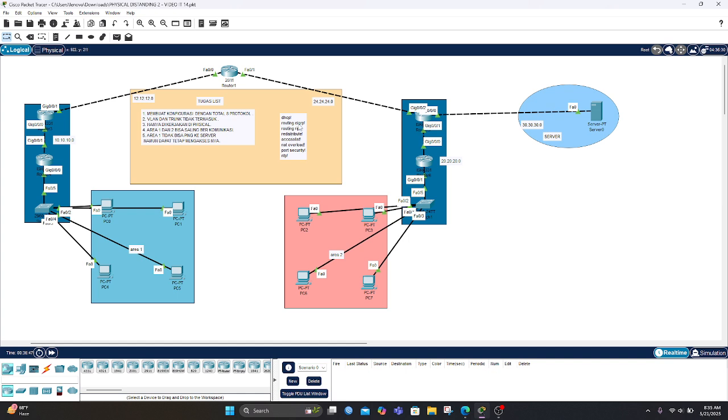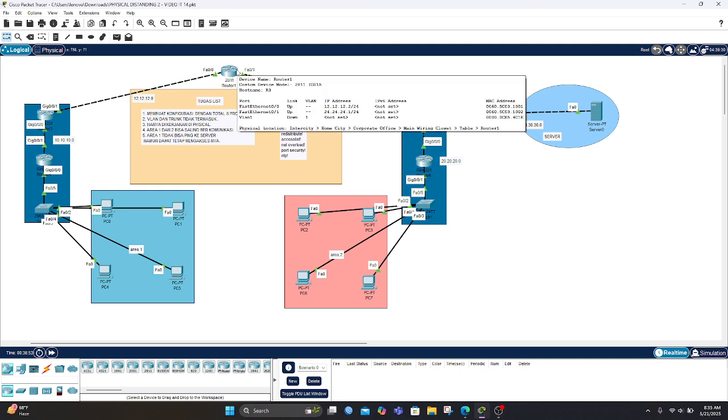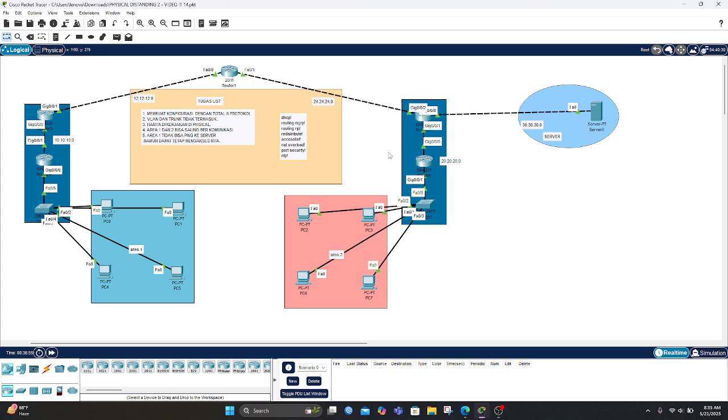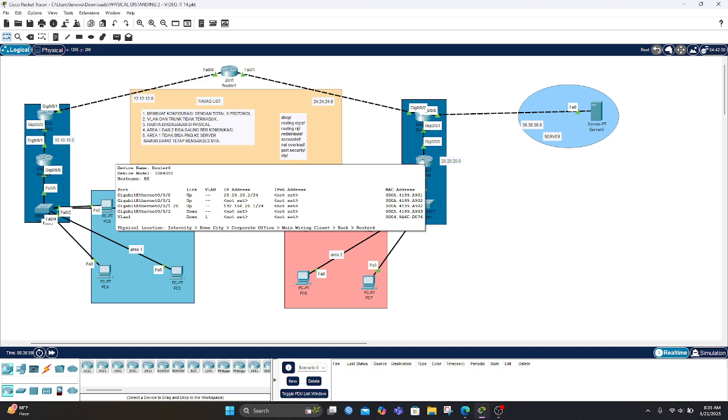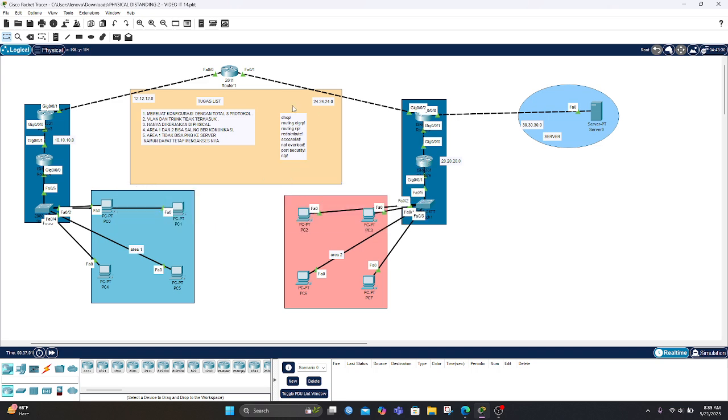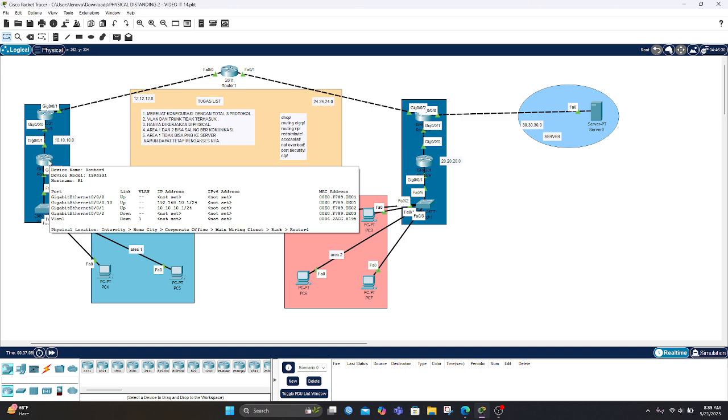The second is routing AGRP, which I make from router 3 to router 5. For routing RIP, the third, I make it in router 1 to router 3.